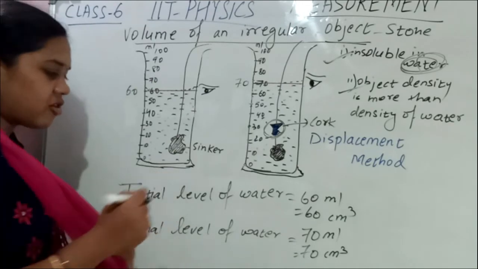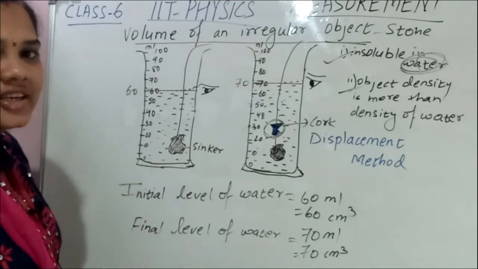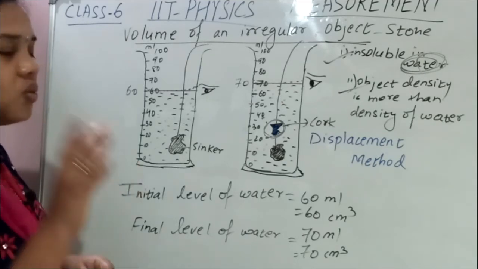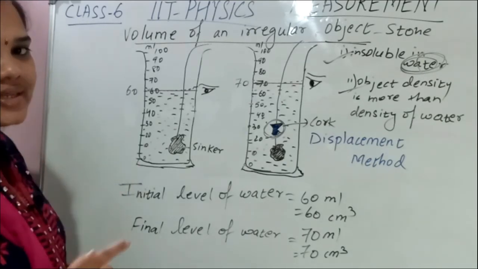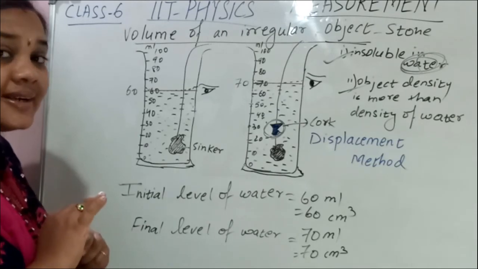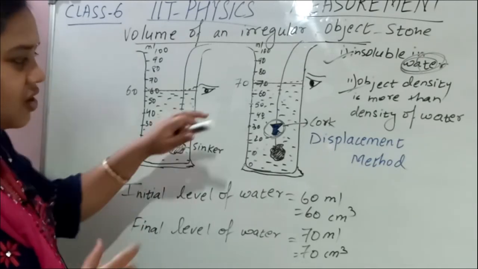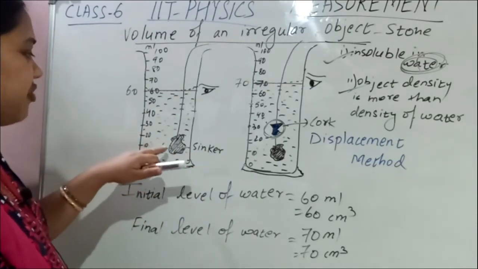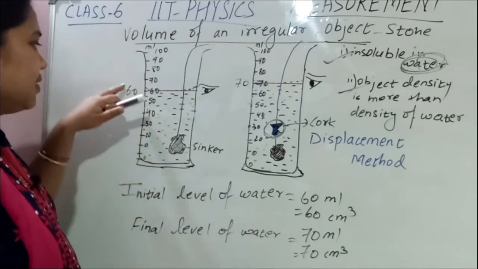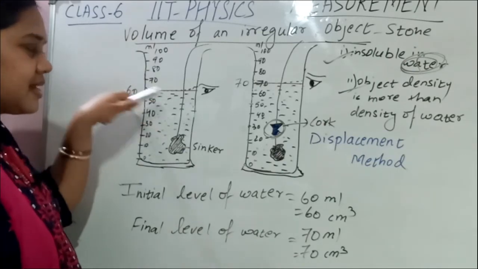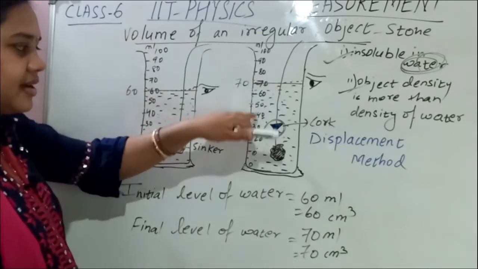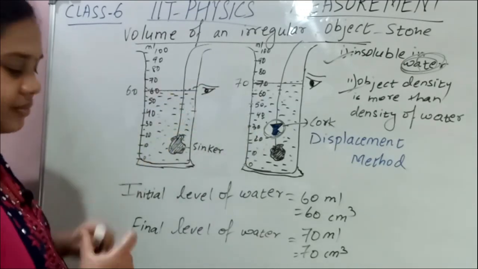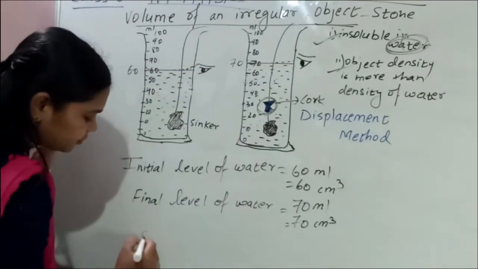What is the final level of water? That is 70 ml, that is 70 cubic centimeter. It means how much water is displaced? Only 10 ml, that is 10 cubic centimeter volume of water is displaced. It means what is the volume of that cork? That is 10 cubic centimeter. Before, with only the sinker, okay, and now what is the level? 60. After adding cork and sinker, 70. How much change? 10. So volume